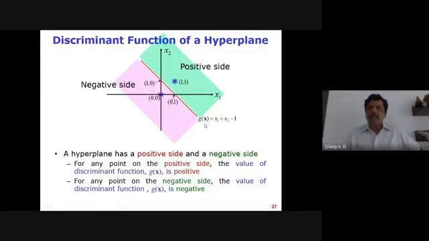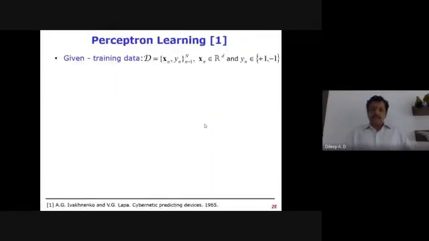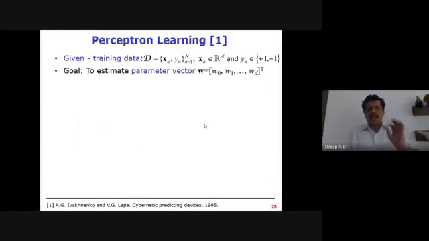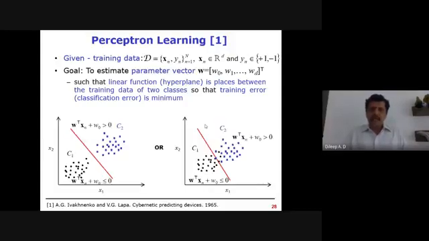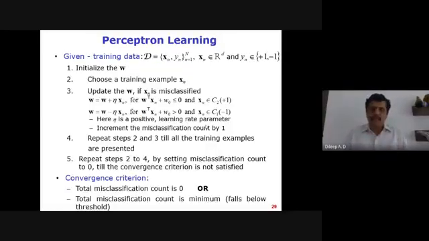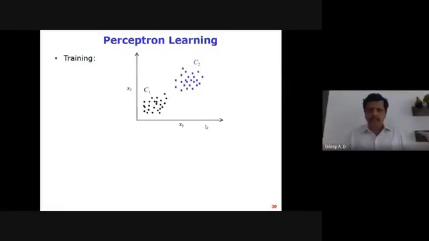That's the important thing. I'll give you a very quick overview of perceptron learning, because that's essential in understanding the motivation for going for the support vector machine. Perceptron learning is a very simple algorithm for learning this linear discriminant function in the region of separation of the two classes, provided they are linearly separable. The algorithm is given in the material shared with you, so you can go through it, but I'll quickly explain it with an example here.